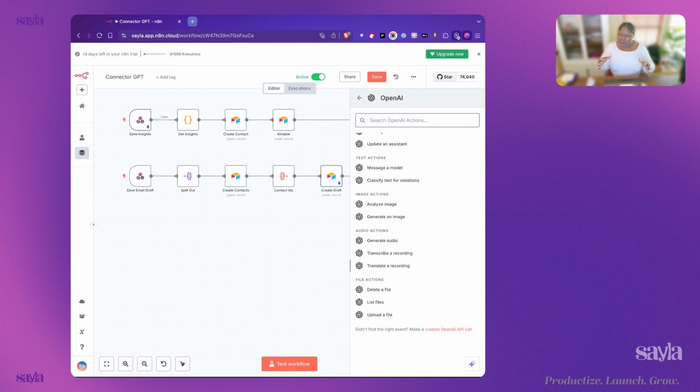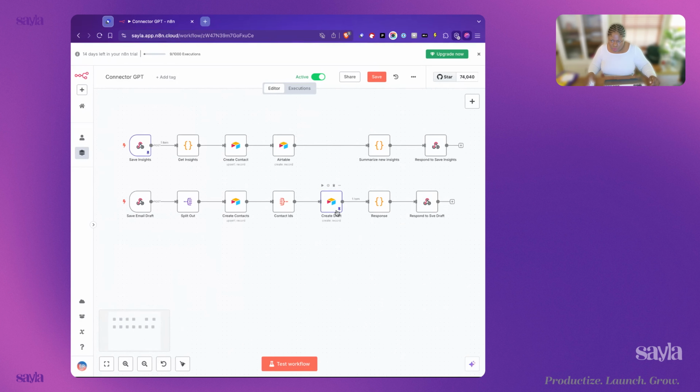And so now my AI assistant, my connector GPT in N8N, it could be attached to ChatGPT. It could be attached to Slack. It could be attached to Telegram. I could even trigger it based off an email in my inbox when I label it. And it can run in here and run all the stuff and analyze it, extract the contacts, put the insights in my database, right? And help me build this knowledge and this network. And so this is why this is so powerful.